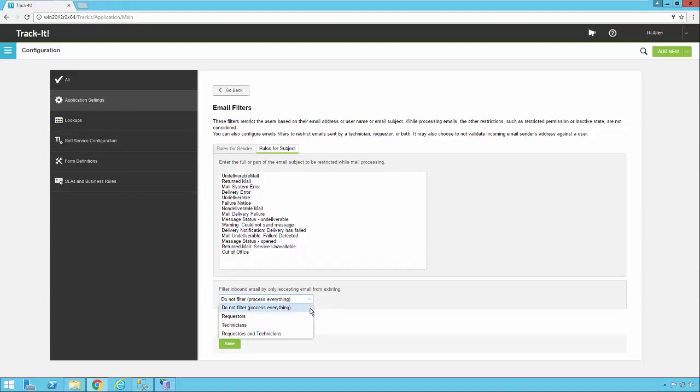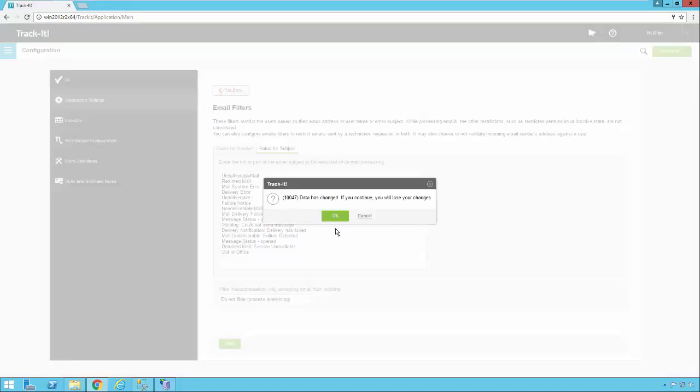So no matter who sends it in, we're going to process it and run it through the email business rules. You could say you don't want to process any emails into Trackit unless the requester exists in Trackit. You could say you only want to process email if the technician exists in Trackit. Or you could say you only want to process emails from people who are requesters or technicians in Trackit. It's just up to you how you want to configure your system. By default, Trackit will read every email that comes in. If it looks like it's a valid email and not a bounced or undeliverable message, it'll go ahead and process it. Now we're going to go back